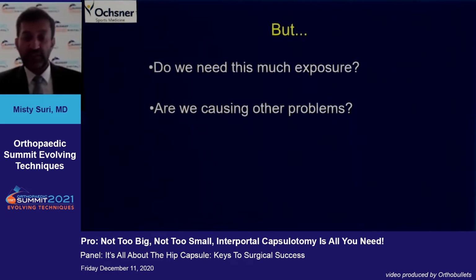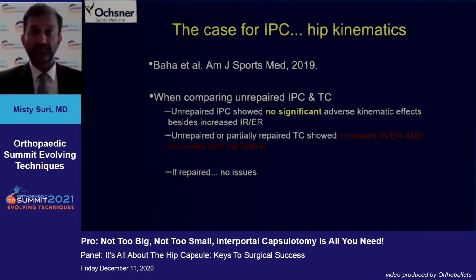And how does it affect the fluid extravasation intraoperatively? Are we causing any iatrogenic microinstability with a large capsulotomy? And do we need that to increase the visualization, or is the interportal capsulotomy enough? So the interportal capsulotomy provides a sweet spot, in my opinion, between the visualization and the hip and violation or